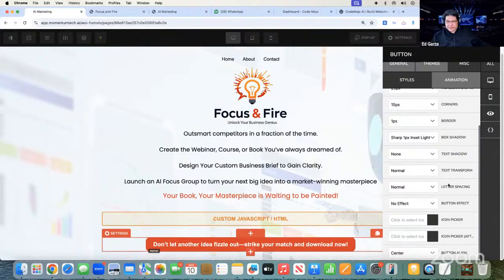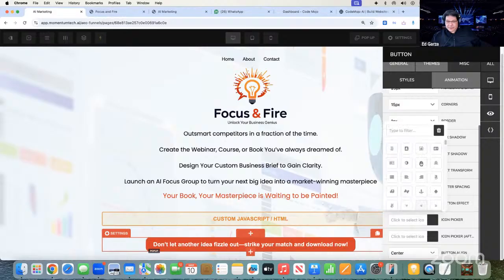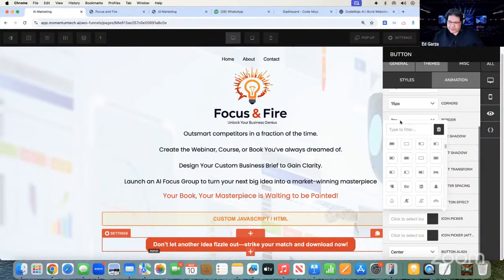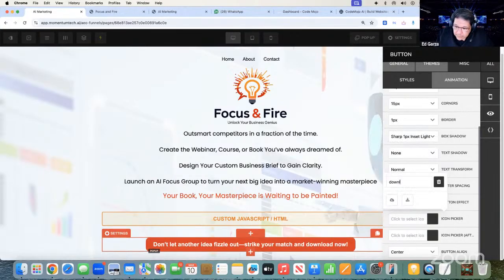Like if I wanted to put an icon in there, let's say I want them to download the book. So I could look for something like that. Or I could type in a filter like download. Okay, there you go. So I could add that icon.